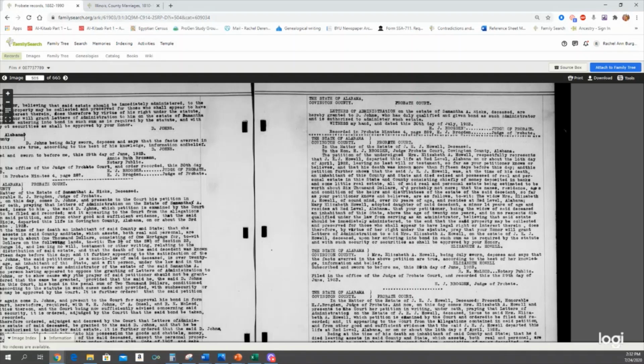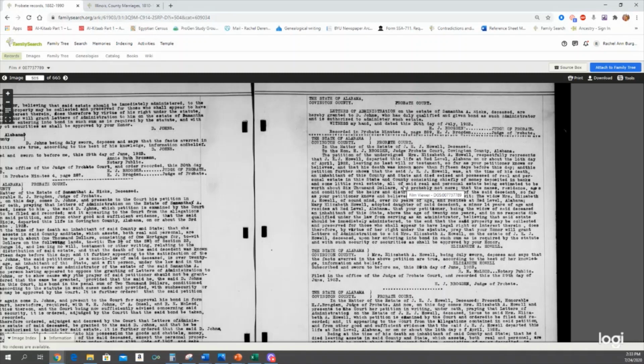He is worth about $6,000. These little details might seem unimportant, but let's say that there were three J.E.J. Howells or something like John Howell in the county about the same age according to census records. If you were trying to differentiate between them and everything else was kind of similar, but you knew that your person was the poor person and another John Howell was a little bit more wealthy according to census records, and let's say this said $30,000 for his estate, you would say, this is probably not my guy.